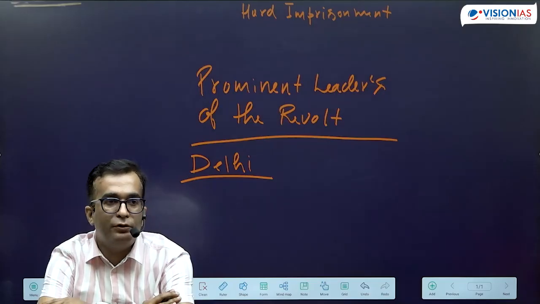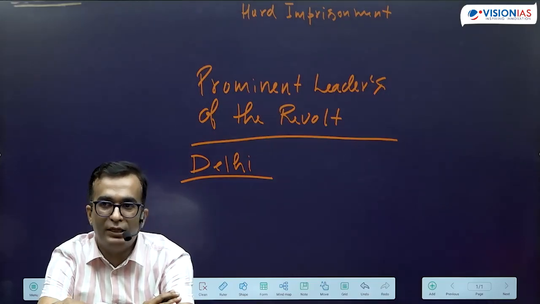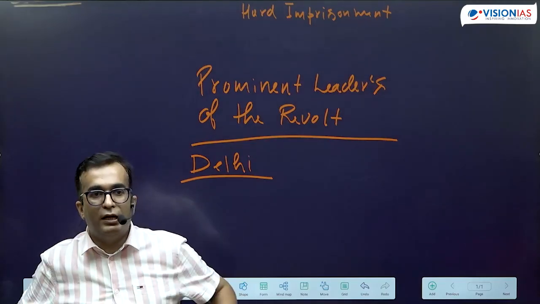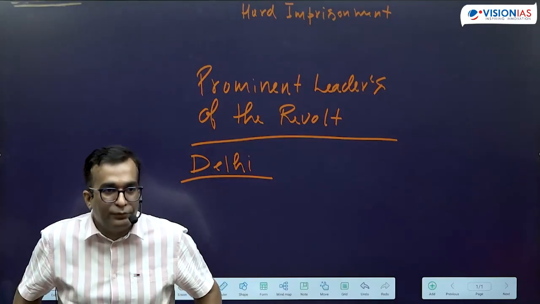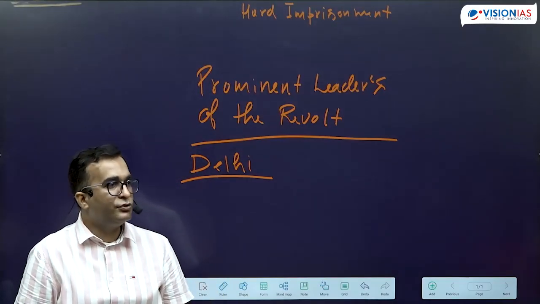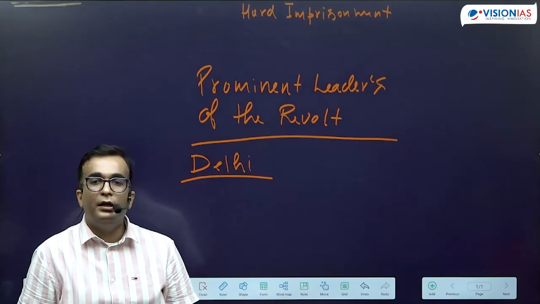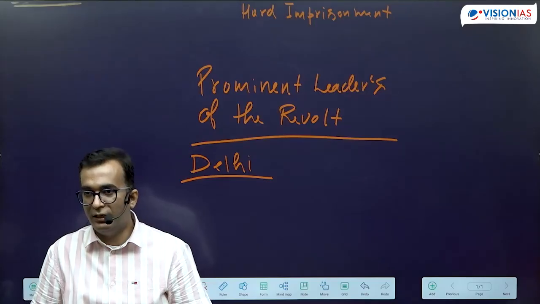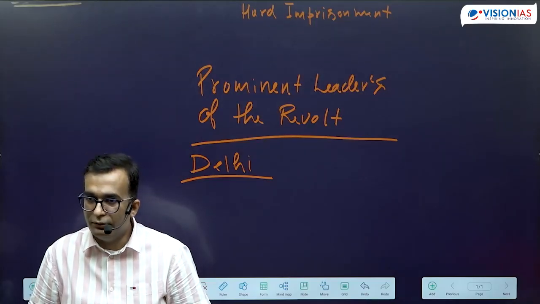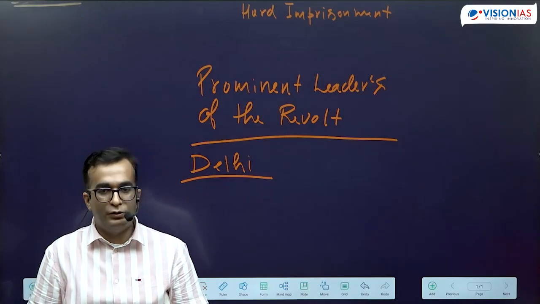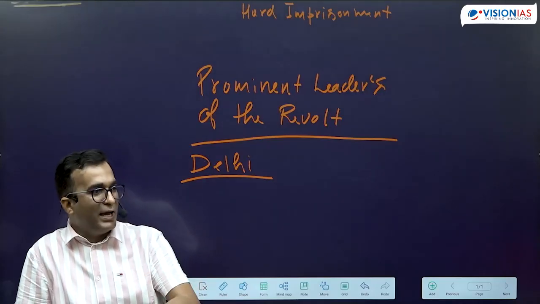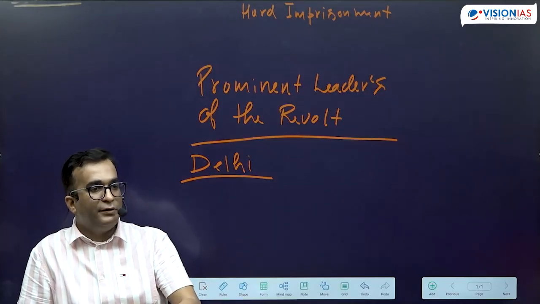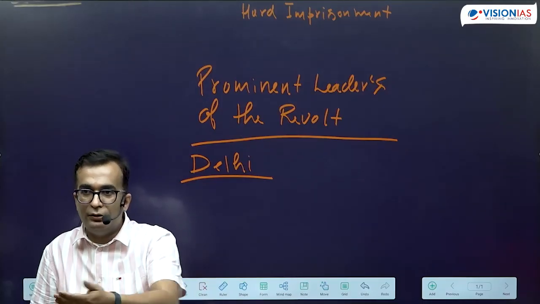So Kanpur, the original leadership in Kanpur was in the hands of Nana Sahib. Who was Nana Sahib? Son of the last Peshwa, Bajirao II. You remember when Peshwaship was abolished in 1819? Then this small principality of Bithur was given to Bajirao II. And this Bithur is in Kanpur. He was living in Kanpur, and this is the place where even Rani Lakshmi Bai will also come in contact with Nana Sahib.